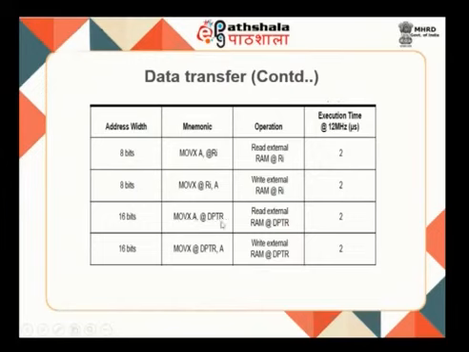So, when I am looking at DPTR, MOVX A comma at DPTR means the data is available in external memory, and that memory has the address which is available in your DPTR. Go to that particular address, read the data and move it to A. Similarly, MOVX at DPTR comma A: whatever data I am holding, I will be transferring towards my DPTR.